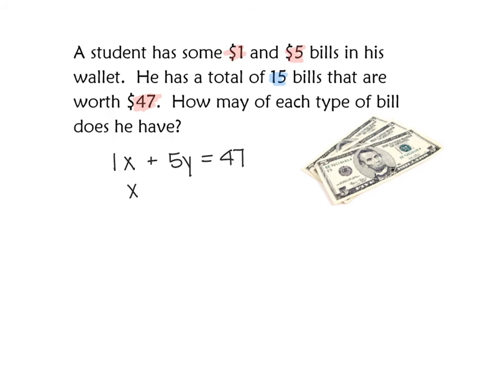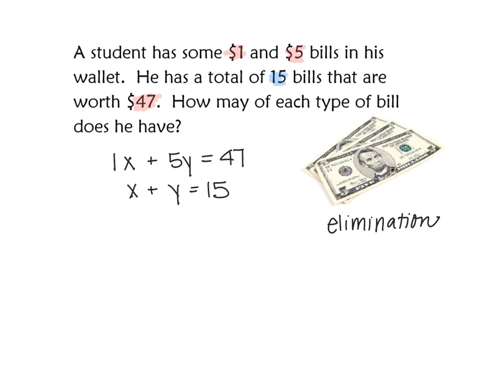So however many ones I have plus however many fives I have equals 15 total. Then I don't have either equation solved for y, so no graphing. I don't have either variable isolated for either equation, so no substitution. And so you should have chosen